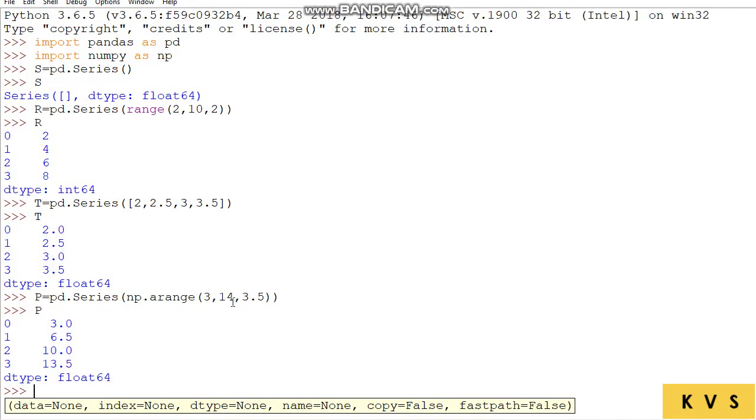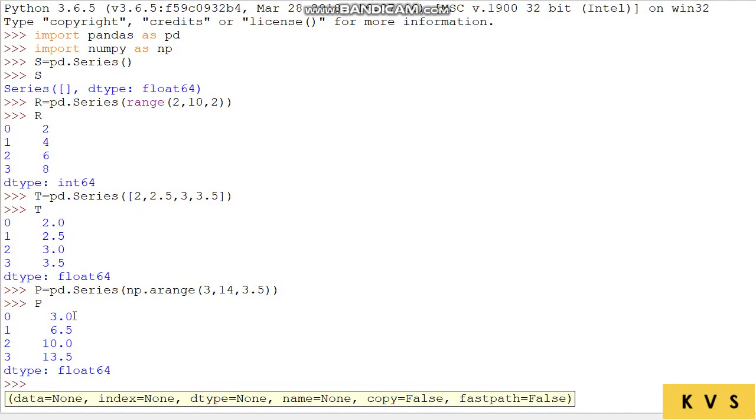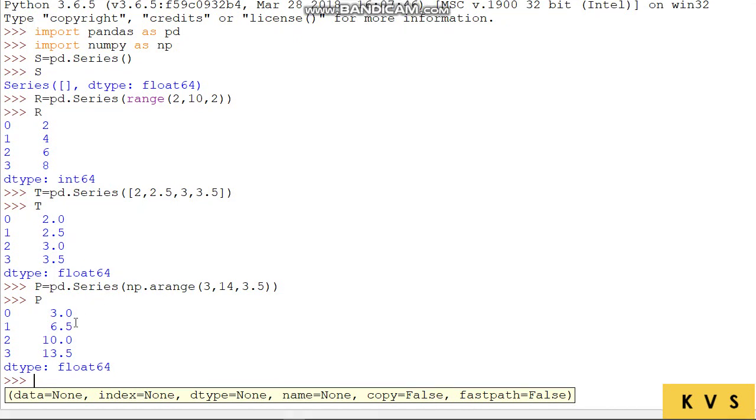Arange function can have floating point values. Here we have given 3.5 as a step value. So first value starts with 3 and the next value is taken after incrementing 3 by 3.5. So like that till 13.5. After that if you increment, that will be out of the range, so it stops there. Here also index is not specified, so default index values have come from 0 to 3.